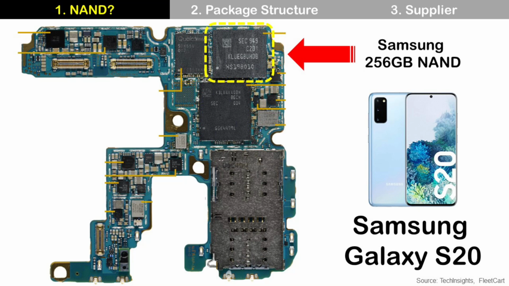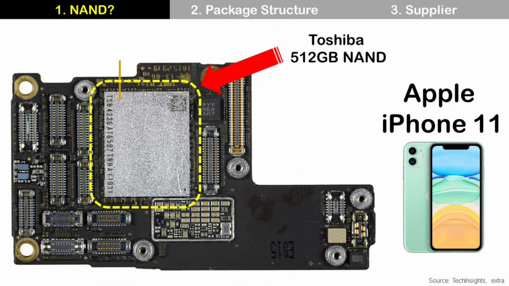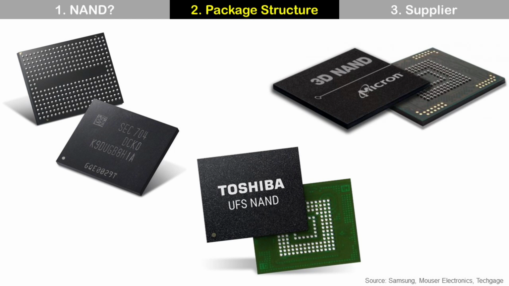Usually, the NAND package looks black because of the black color of the mold compound. But NAND in the Apple iPhone applies a conformal shield for EMI shielding, so its color is silver gray instead of black. If you want to know about conformal shield, please check my other video. These are some NAND products from Samsung, Toshiba, now Kioxia, and Micron. And the package type is FBGA or SCSP. Actually, it is the same package structure with a different name by company.